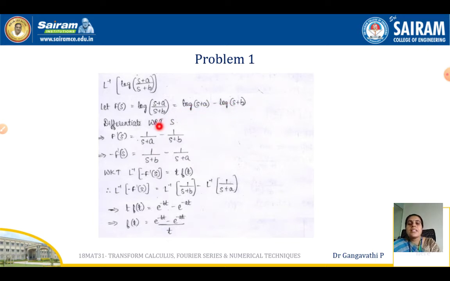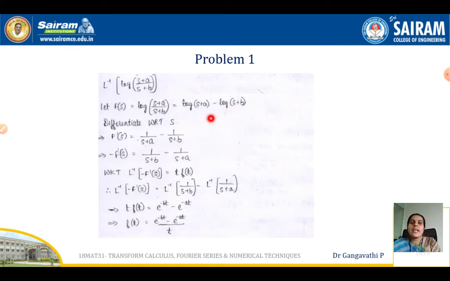Now, since the log function is there, which property do we need to use out of the three which we discussed in session 1 on the inverse Laplace transform? We discussed three methods. In that, you need to analyze which method is suitable here, and then use the appropriate one. Since the logarithm is there, if you apply the L inverse as it is, we don't get any result. So think, out of the three methods, one was the differentiation method, the other was the shifting property, and the other was the integral property. The completing the square method was also there.